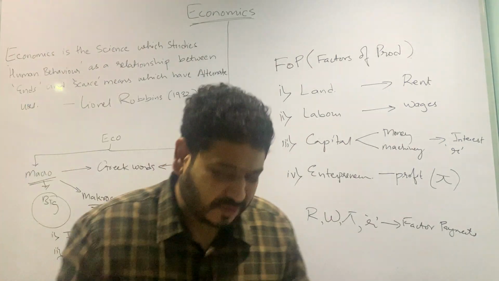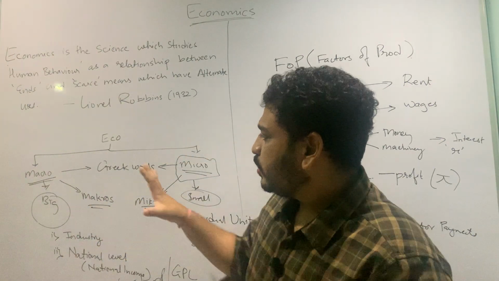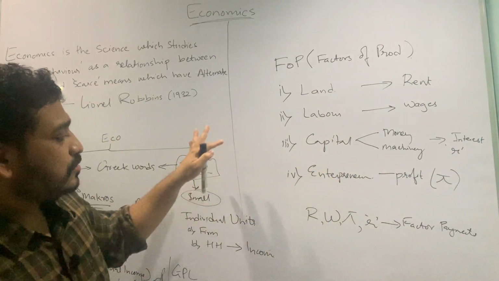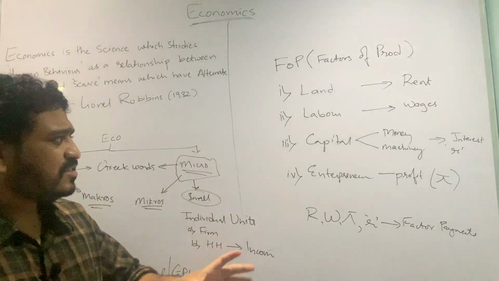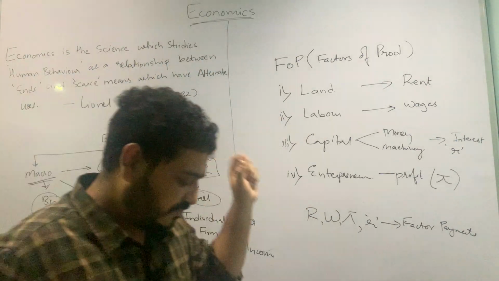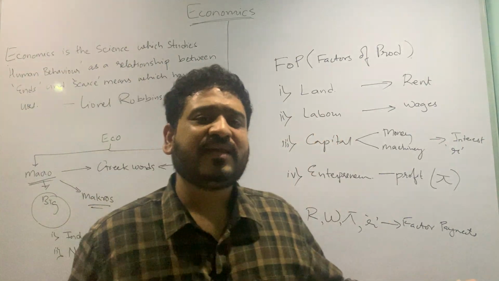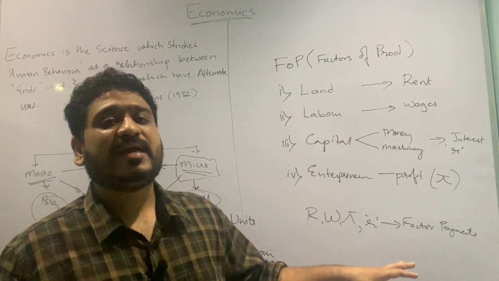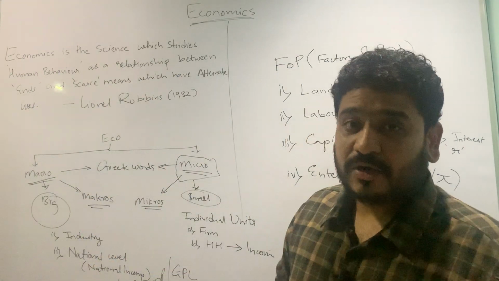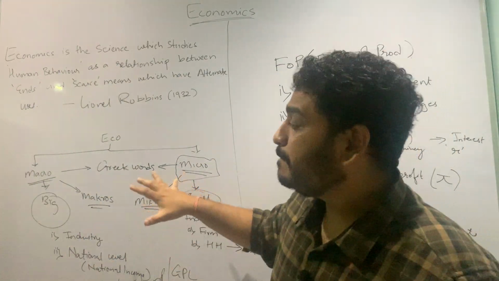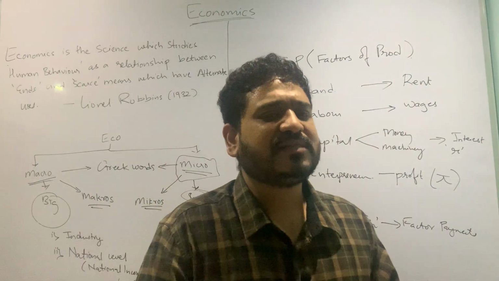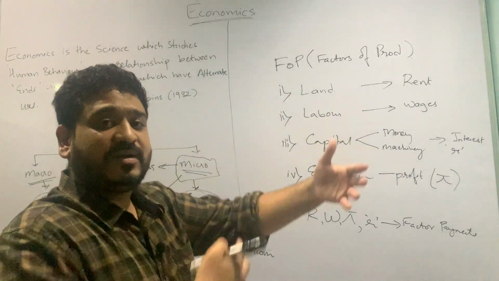I hope that the introductory lecture gave you a sense of what I'm going to deal with and the teaching style which I'll be using. I'll just sum it up. This is it from my side for today's lecture. What we initially started with is a course outline of what this course will be like in the subsequent lectures. Then we moved towards the definition of economics per se. Then we moved towards the major branches. There are many more branches of economics, but we'll deal with that subsequently, in a different lecture series altogether.